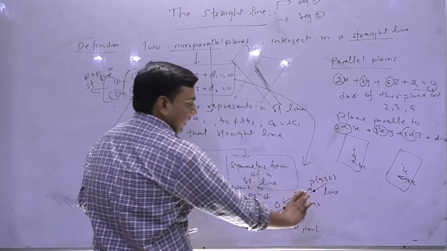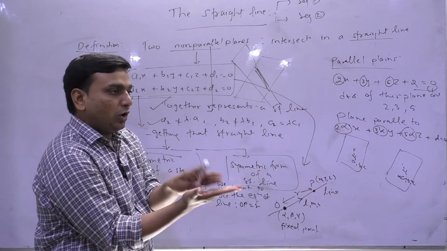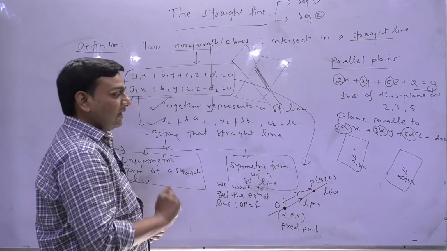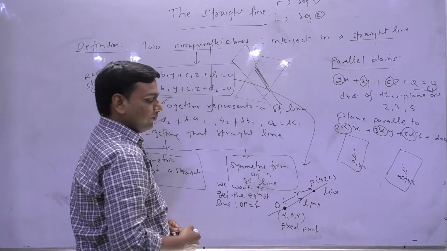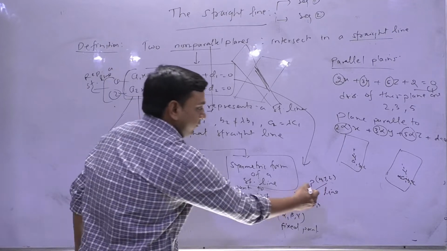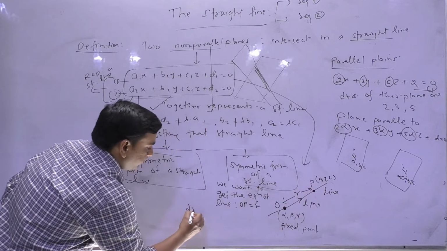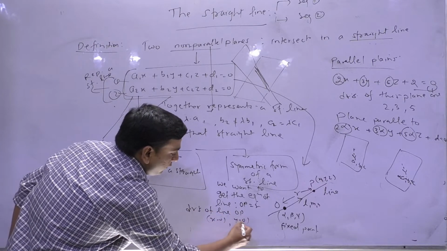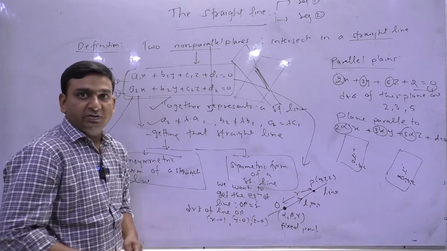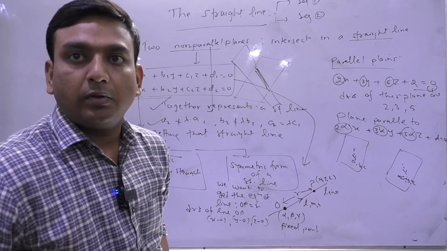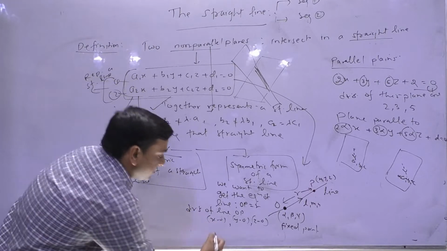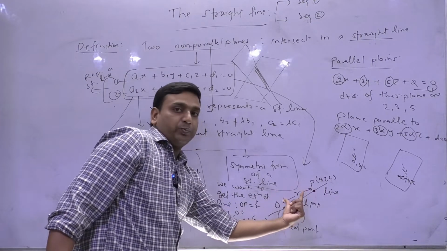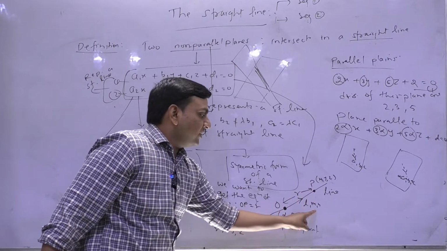so if I find projection of line OP on the line itself, because I have DCs, I have a point. So if I talk about DRs of line OP, please check it out. DRs of line OP क्या हो जाएगा? x minus 0, y minus 0, z minus 0. Is it visible? Let me check it. Okay. Means x, y, z. So projection of OP on the line with the DCs l, m, n.